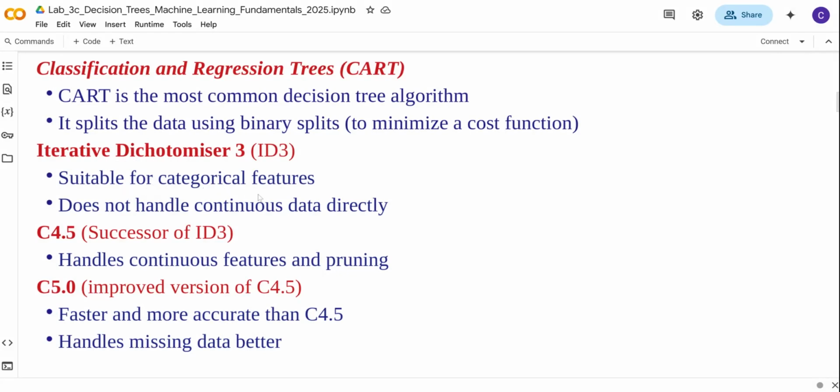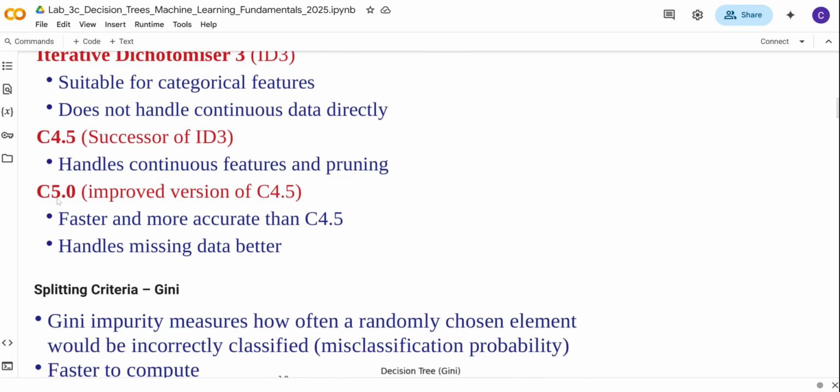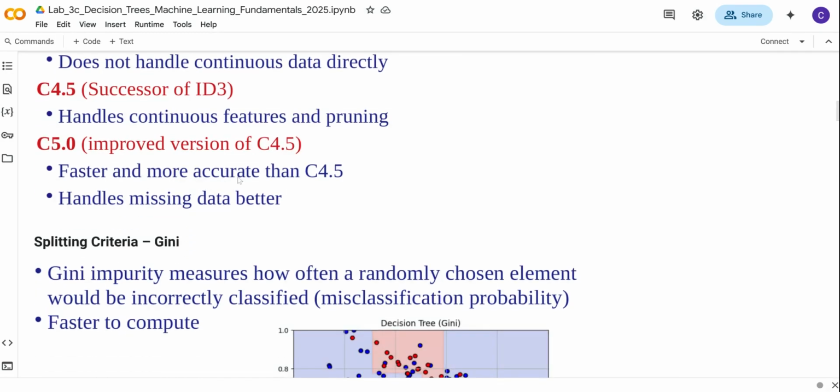This is suitable for categorical features. It does not handle continuous data directly. And then we have the C4.5. So this is a successor to ID3. It handles continuous features, and we can also perform pruning here. And then we have the C5.0, which is the improved version of the C4.5. So this is faster and more accurate than the previous versions, and it handles the missing